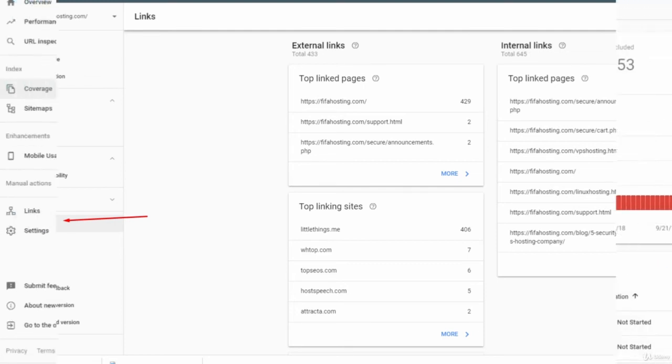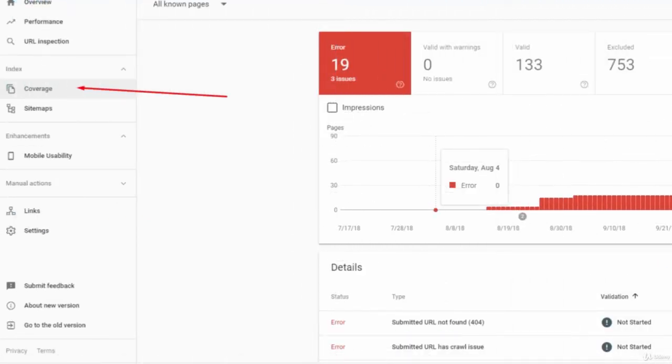Crawl errors. The crawl errors section shows the errors Google's bot encountered on your website. The data you get is similar to what you get from a Spider Simulator. It shows inaccessible pages, missing pages, server errors, and all sorts of problems that prevented Google from correctly crawling your website. You also get some crawl stats, such as the number of pages crawled a day, that are useful to know.